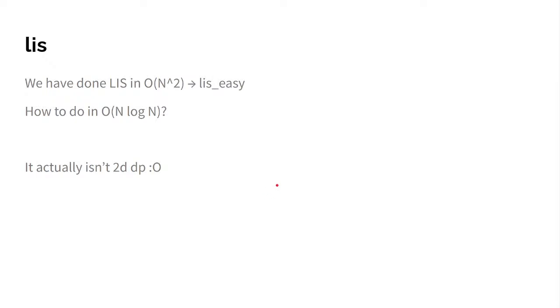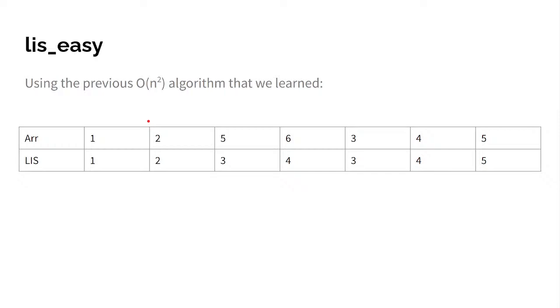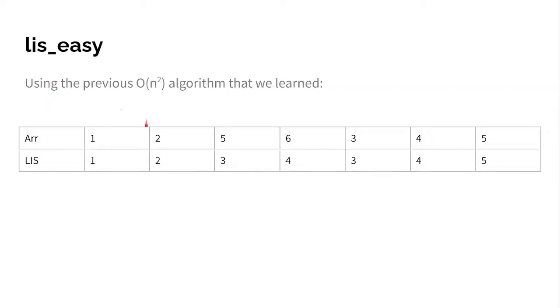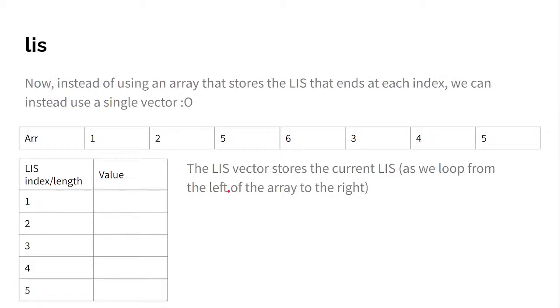It's clearly not 2D DP. Yeah, because if you have 2D DP, you probably have n squared states, so you can't really get that log n factor. So, using the previous n squared algorithm we learned, here for LIS, you ask yourself, where can I come from? So you come from 2, for example, from here, I think. So for n log n, what you do is that you realize that we